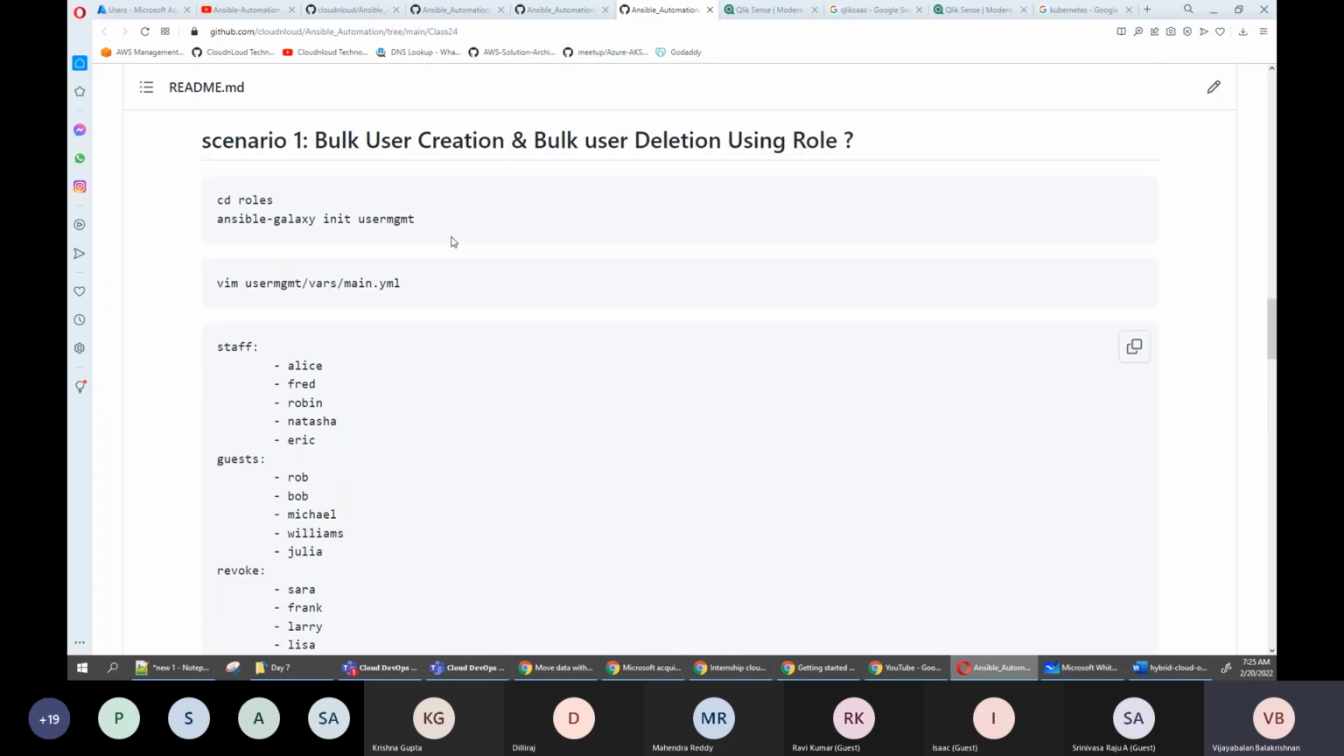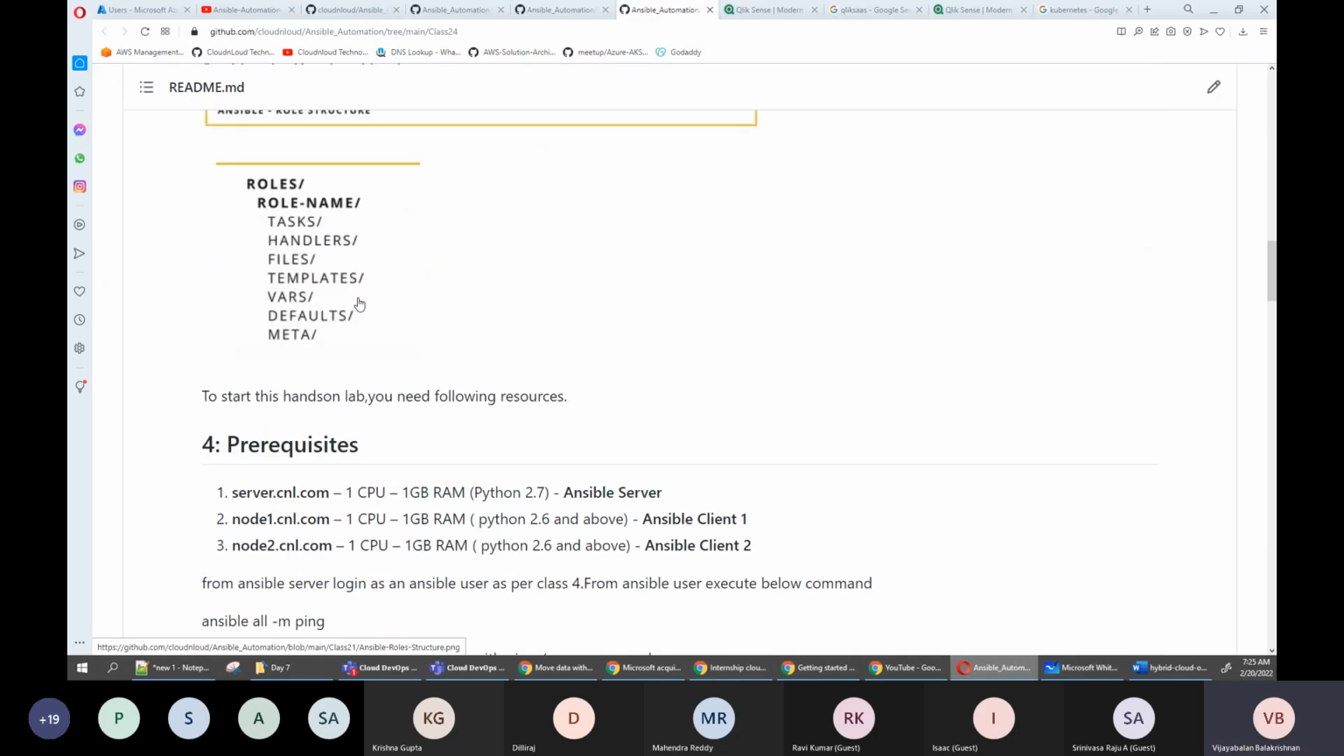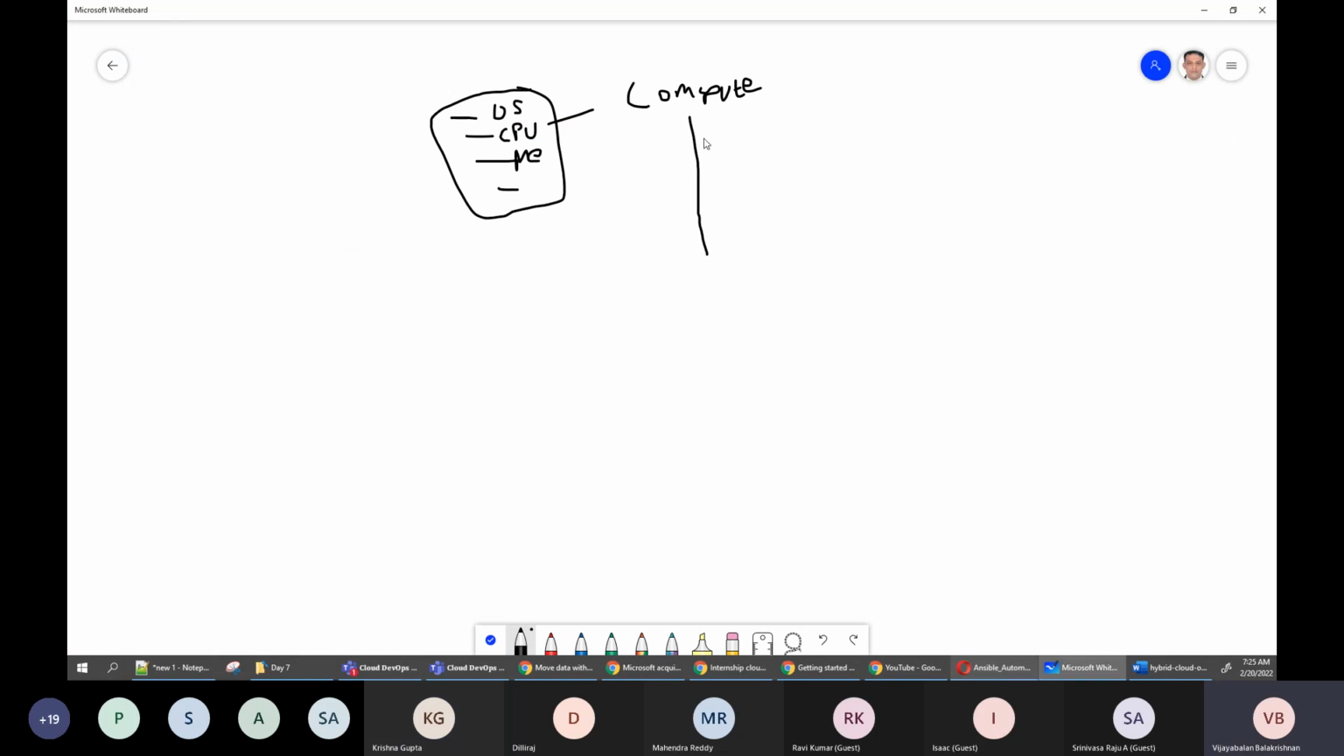If you go here, this is the folder structure: tasks, handlers, files. So these are all now in one single place. If you have any static files, you put them in files. If you have any handlers, you put them in handlers. But before going to this, you need to create a single YAML file and understand it,